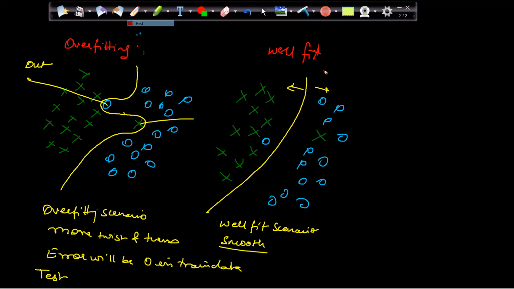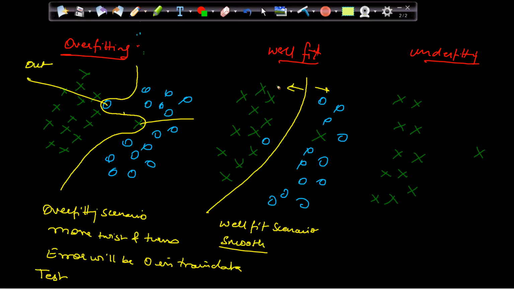And finally, there is a third scenario which is underfitting. When I have data like this, and when I am creating a curve, there is no curve, right?